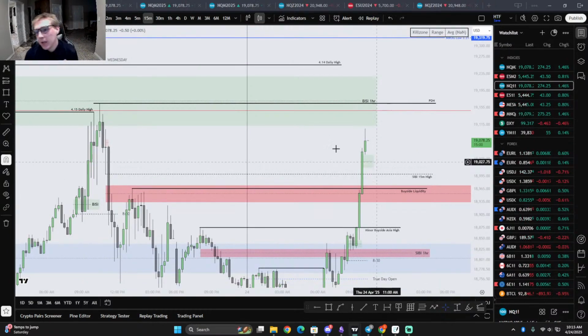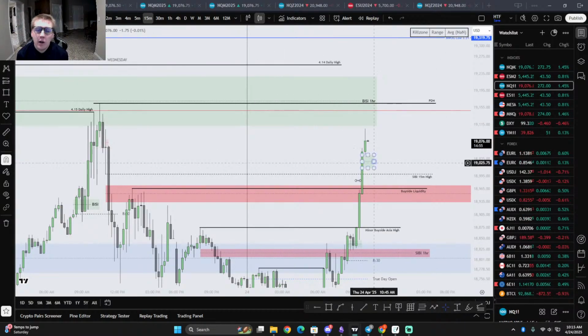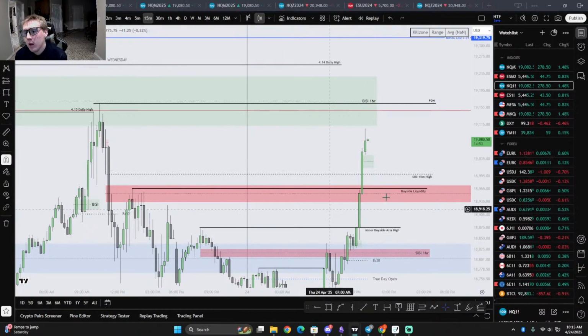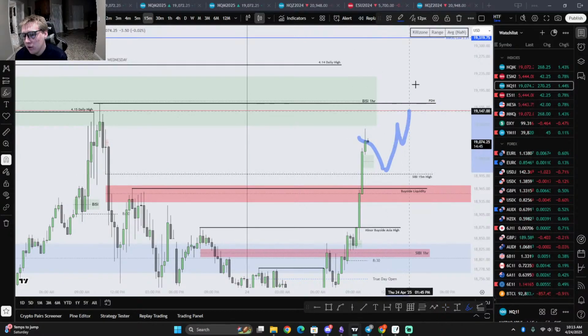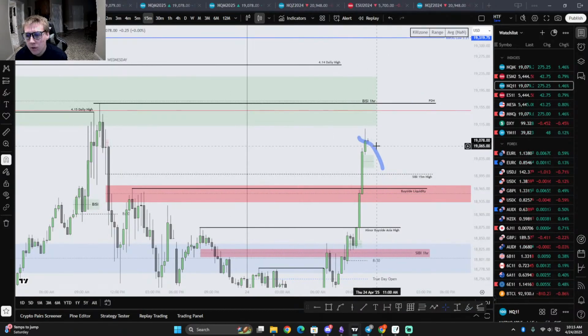Okay, this 15-minute candle just closed, so we do have to be careful because now we created a 15-minute fair value gap. So this could draw price into it as a means to use it and then trade higher. We have two buy side imbalances formed. So we could possibly trade into this one. Always have to allow for that. So if you're looking to long right here, just be patient.